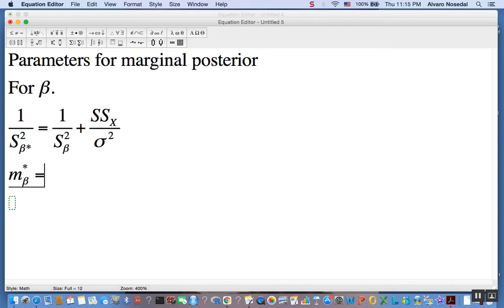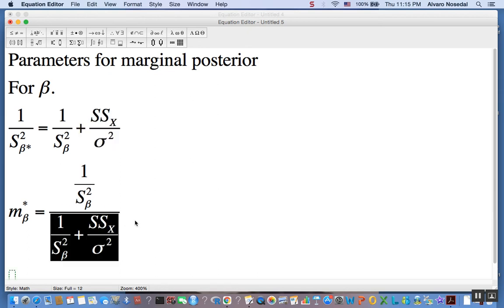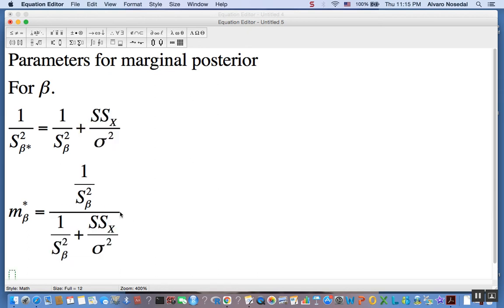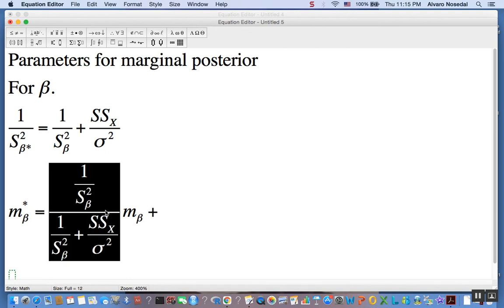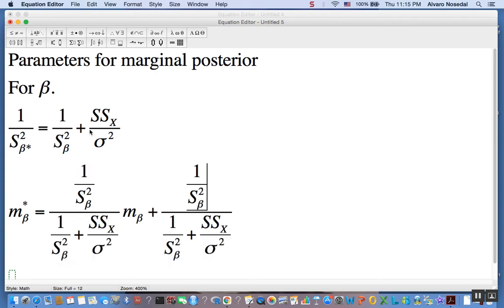And we know that to find the posterior mean, if you have a normal likelihood and you have a normal prior, what you do is you take the prior precision, you divide it by the posterior precision, and then you multiply by the prior precision, plus, right? Now instead of having this, instead of having the prior precision in the numerator, you will have